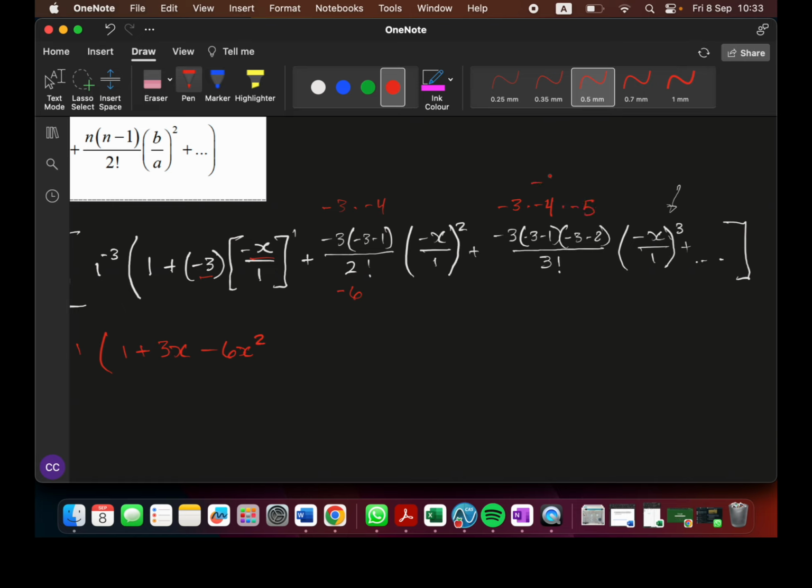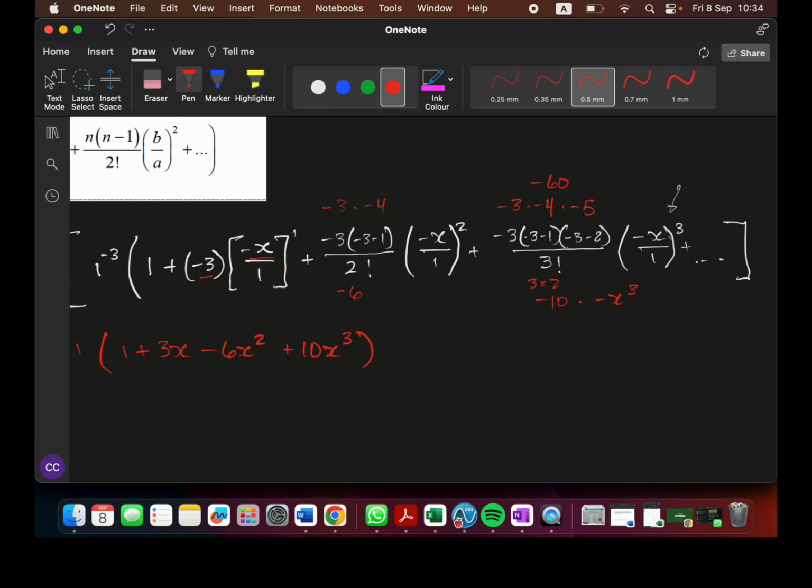Well, that's negative 60, because that'd be 12 times negative 5. And negative 60 over 3 times 2, so that's negative 10. Negative 10, and negative x cubed is negative x cubed, so that would be plus 10x